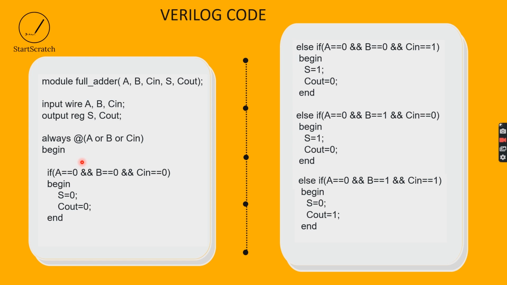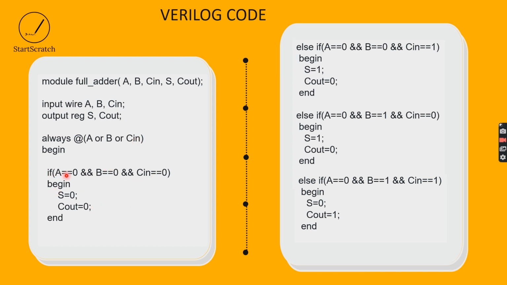So now coming into the always block, here you can see A, B, C in the port list, the sensitivity list. Now if you don't know what a sensitivity list is, in a sensitivity list, if any one of the variables changes, the whole code or the whole output will be affected. So I declared A, B, C in, all three inputs, in the sensitivity list because if one of the inputs changes, the output will change.